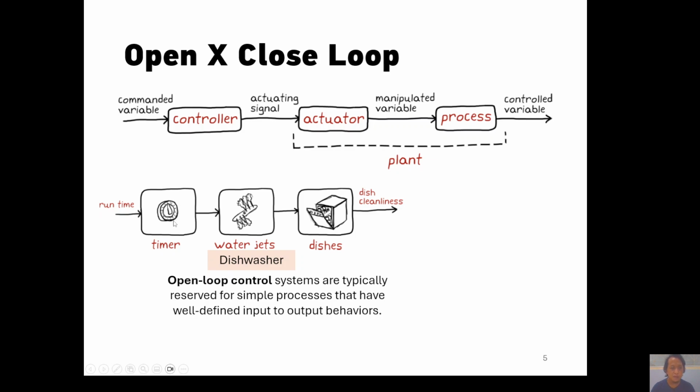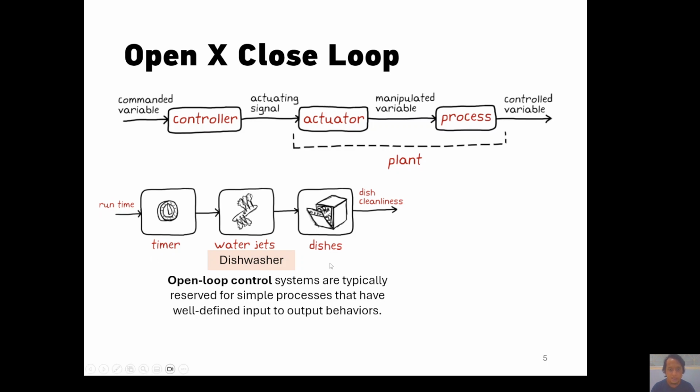After the timer is on, the electricity is on, the actuating signal from the timer and the electricity commands water jets to pour water to wash the dirty plates, and then